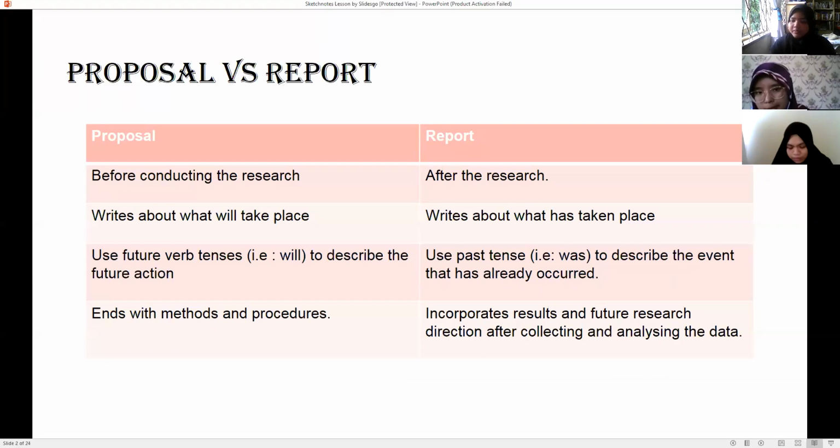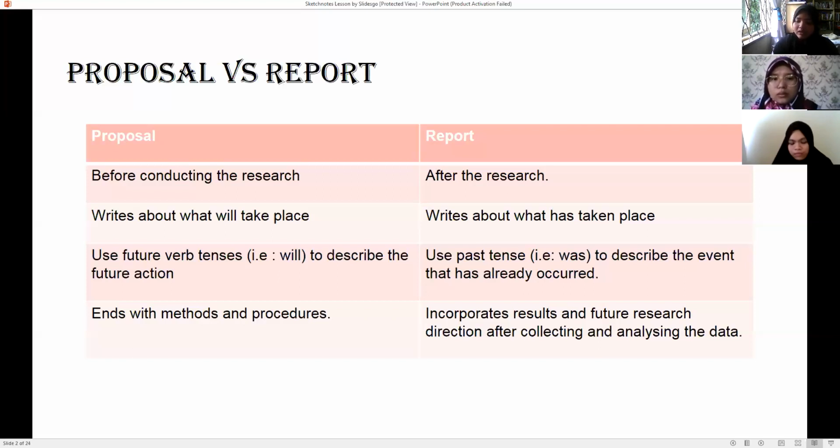As for a report, it is done after the research, meaning that you have already done your action research. It writes about what has taken place, which means it uses past tense, like "was", to describe the event that has already occurred.